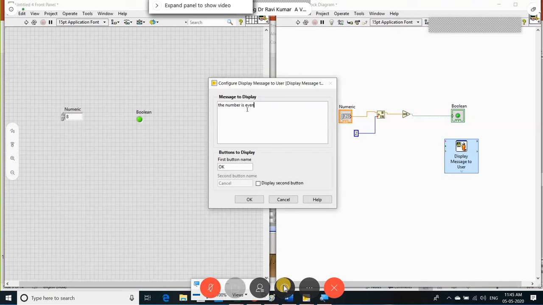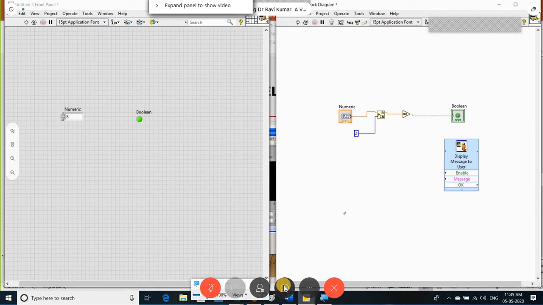When this is enabled, the message is displayed, and it will go when the OK button is pressed. This is how it will work. I connected to this, so it should be enabled when this is true. Whenever it is true, the message prompt will be enabled and will display what you typed.